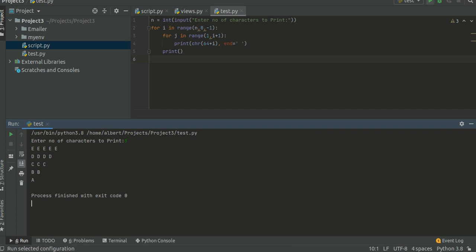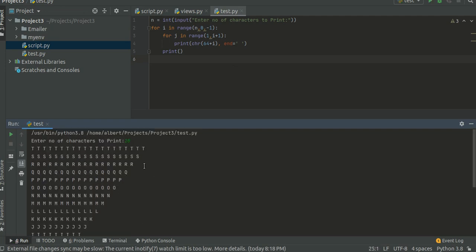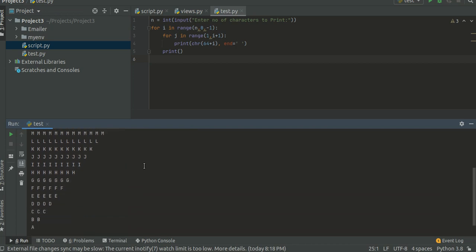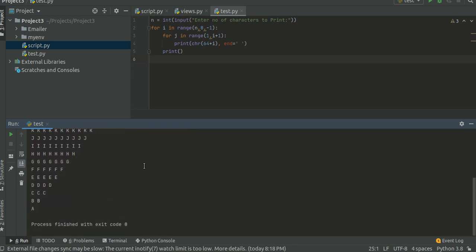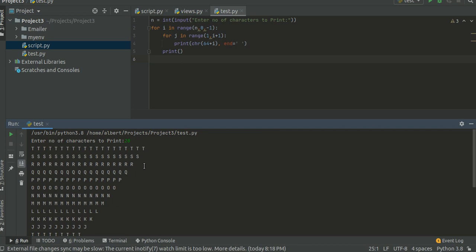Even if we give large values like 20, we got the whole pattern, from T to A. The largest index is being printed at the top, then continues.